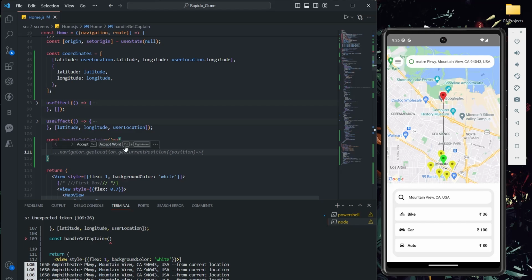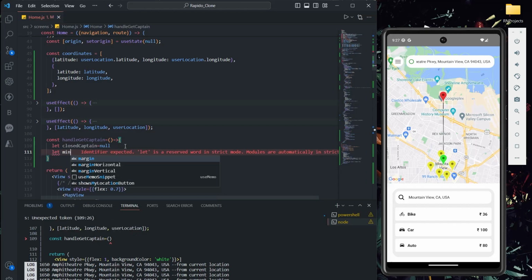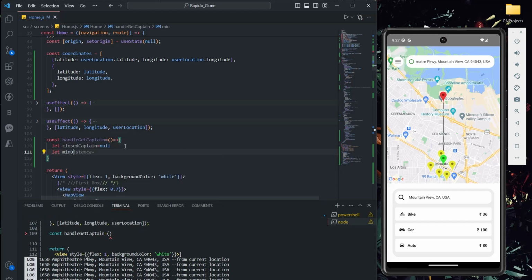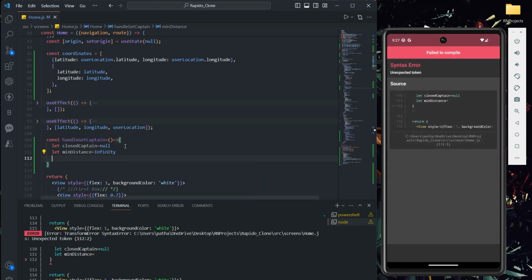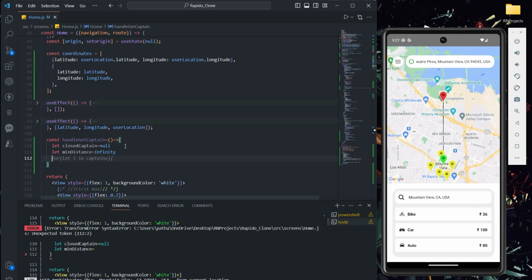And I'll say let minimum distance, for right now I'll say infinity. I don't know how much the minimum distance is, so that's why I'll say infinity.